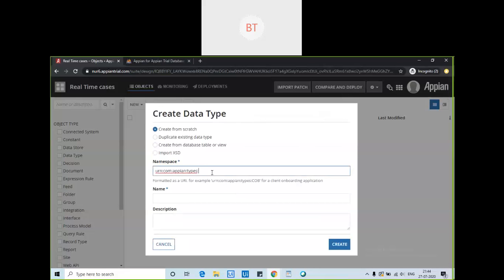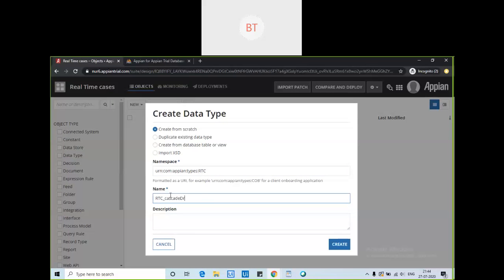Here I am giving the name RTC underscore cascade drop down.